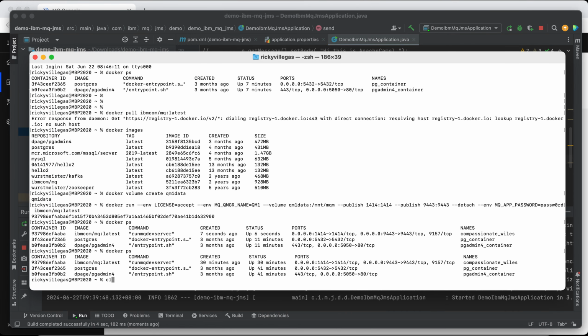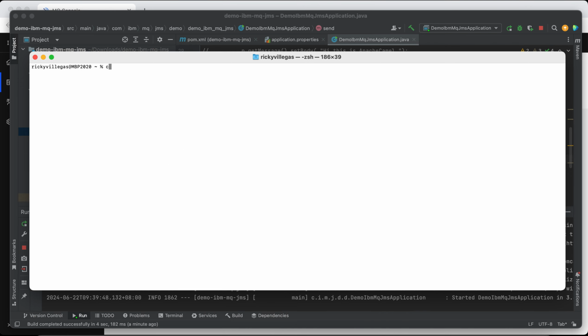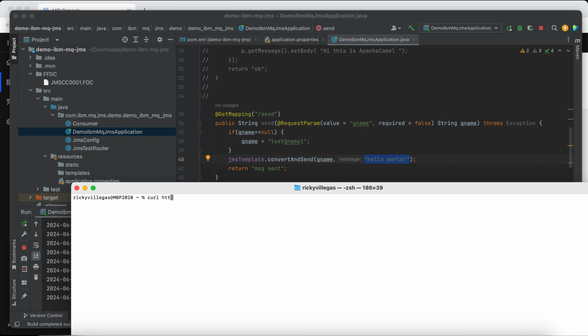We use curl, http localhost 8080, which is the default port of our application. Then we call this endpoint, which is send. We will not pass any parameter, so it will use the default queue name.